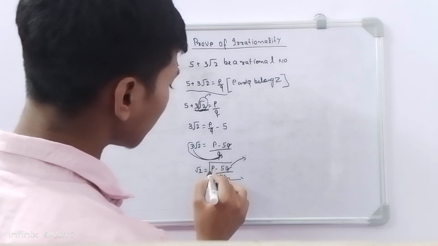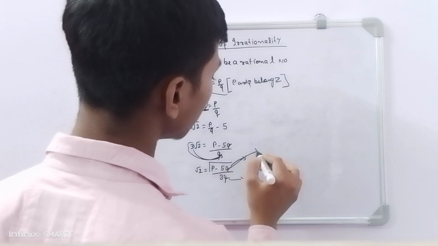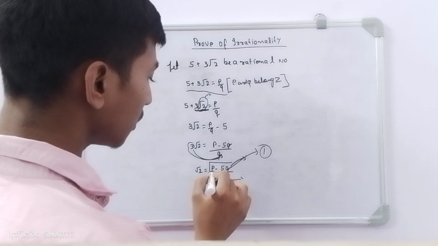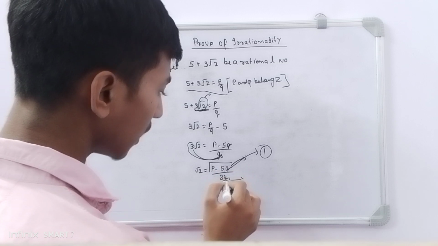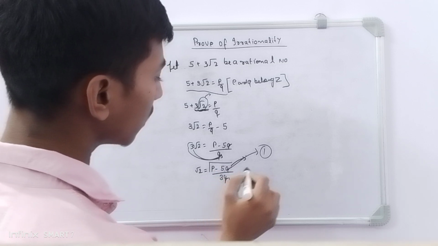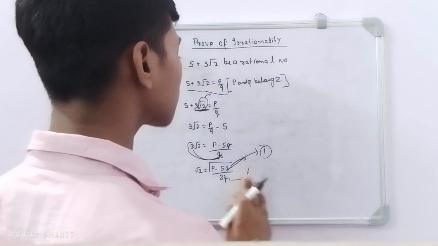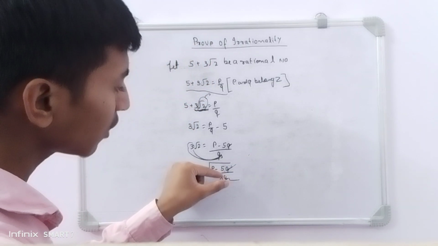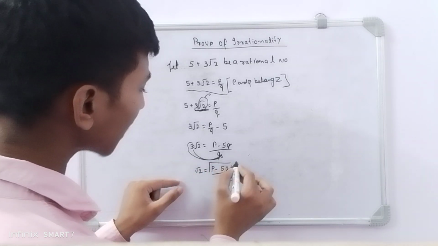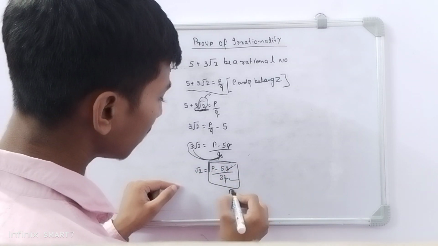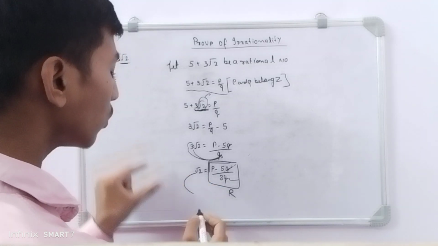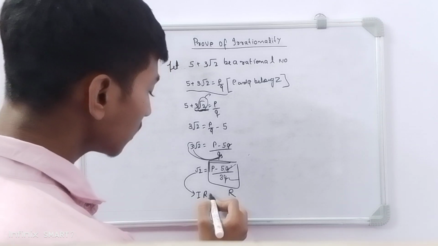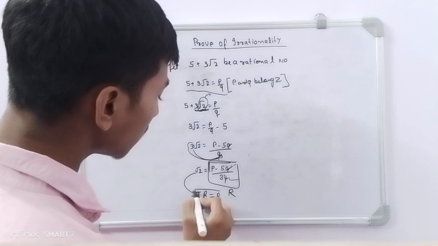you are able to consider that. Let's suppose the integer is 1, so 5 into 1 is 5, and here we have 1, that means minus 4, and here we have q, which is also 1, so 4 by 3, that means it is also a rational number. So as we get here, p and q are integers, that means this side becomes a rational number, this side becomes a rational number, and as we know that root 2 is an irrational number, so it is the irrational number, and as you know, a rational number cannot be equal to an irrational number.